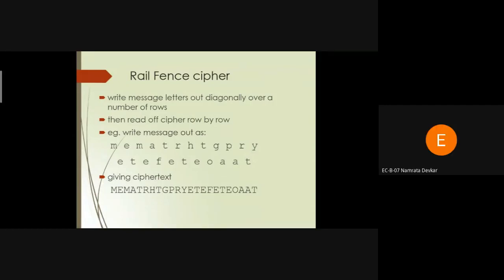Yes, sir. Okay, so simply we have to use the key. If the key is 2, then we can divide our input message into two parts, and we can represent this message in a diagonal order. After that, whatever letters are in the first row we write first, and the letters in the second row we write last. So by using this Railfence cipher we can encrypt the particular message.